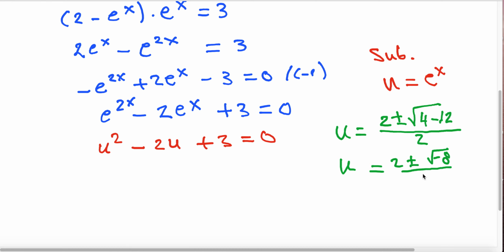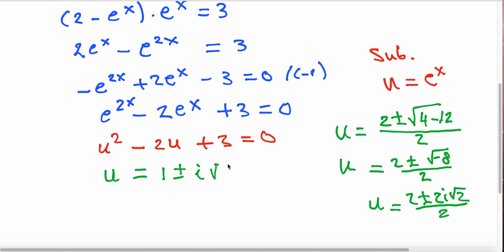And we see this is an imaginary number, and u is going to be 2 plus or minus 2i square root of 2, divided by 2. When I'm dividing everything by 2, finally u is going to be equal to 1 plus or minus i square root of 2. And now we are going to